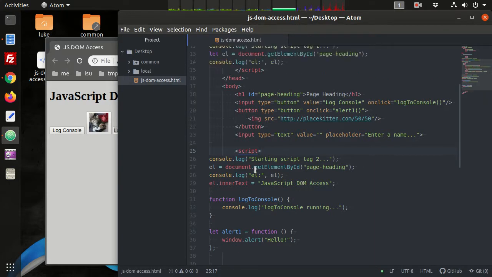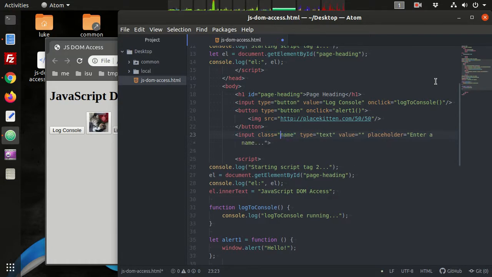All right. So previously we used document.getElementById. What we're going to do now is get elements by class name. So here we're going to add a class to this input, and we're going to call this name-input. We could easily do this with an ID, but the point is I'm just showing you a different way